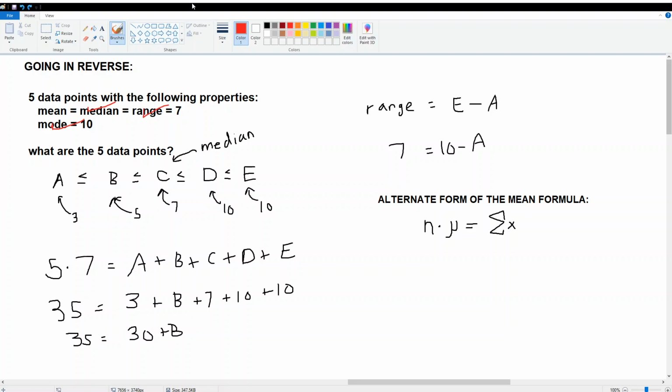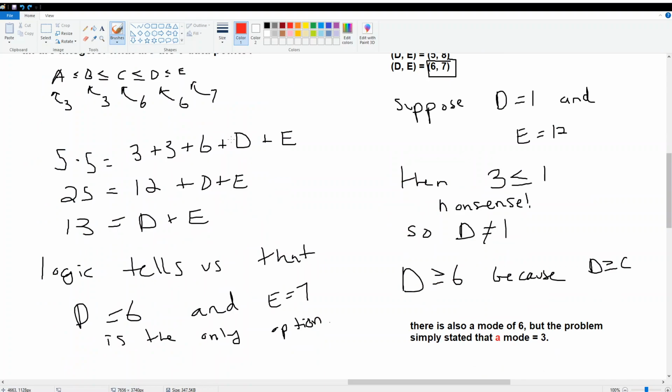Essentially, the second and third ones, logically speaking, may have been more difficult. It'll be more like the first one, where you get to use all 4. So in this case, what you should do: use the median to find your first data point, then use your mode to find your next 2 data points, then use your range to find your 4th data point, and then use the mean to find the last data point. So to summarize,